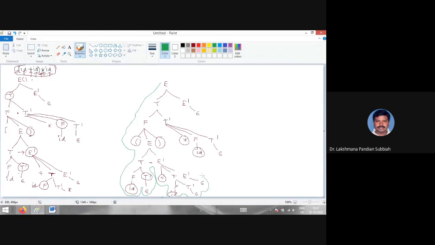It will return back to here and come to here, here, here, and return back to here, complete, and return back to the main call. Wherever we call, it will return there. So this is the entry point, this is the exit point. So we are completing now. So that tree is constructed. So this is top-down parsing.